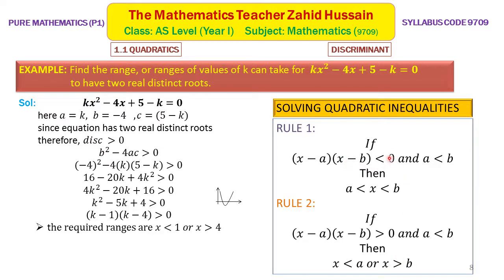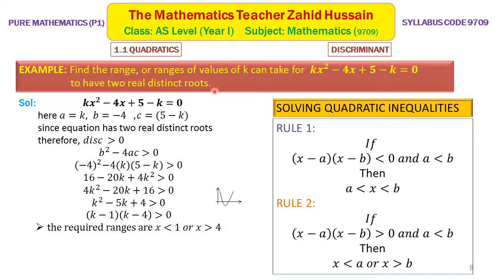If the inequality sign is less than and one is less than the other, then you can write this inequality by putting x in between, and it will be greater than the smaller one and less than the larger one. So this is how we can find the values of k